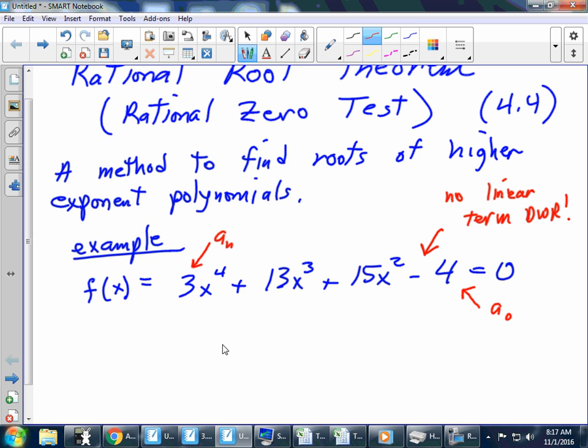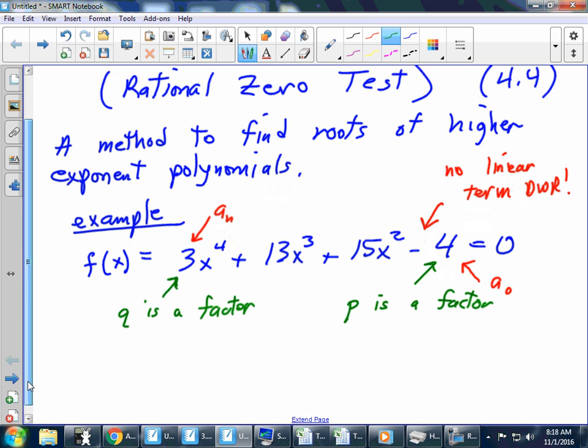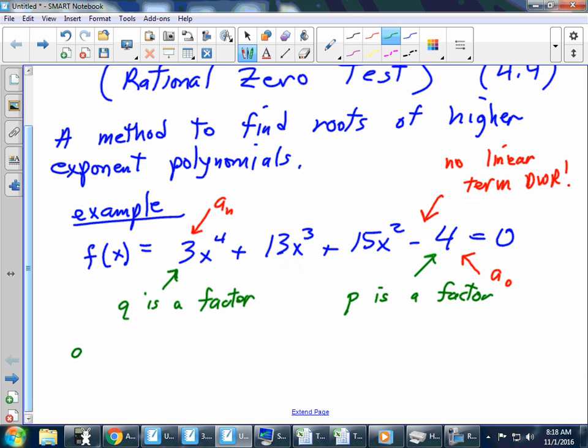Okay, so let's go a different color. So Q is a factor, and maybe I should say possible factor, but we'll show you that in a minute. Q is a factor, and P is a factor. Okay. So that means that Q